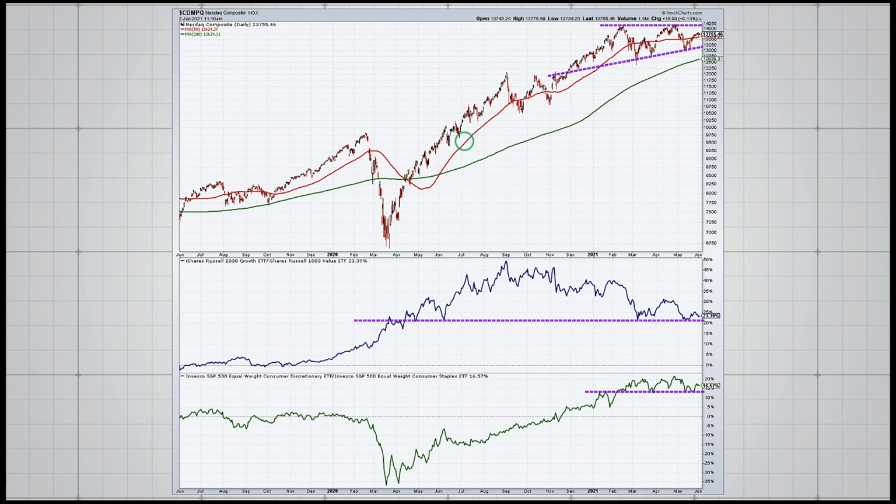So in the lower two panels of this chart, we have actually the Russell 1000 growth versus the Russell 1000 value. We can look at growth versus value. A lot of people have been talking about the strength of value. But when I zoom out, this is a 2-year chart. When I zoom out and think about the growth versus value narrative that a lot of people have been talking about, I think what a lot of people are missing is that in 2020, the outperformance of growth was so incredible, so remarkable, so unprecedented in a lot of ways,